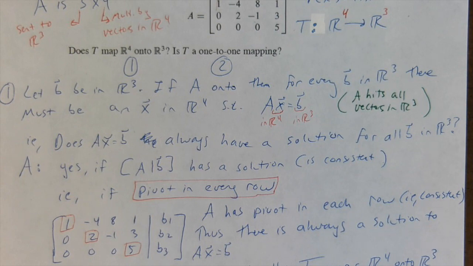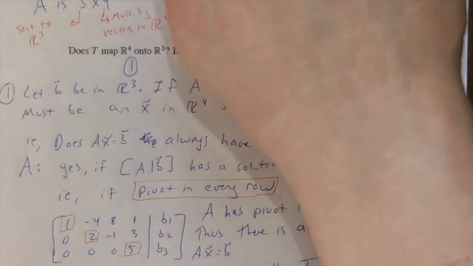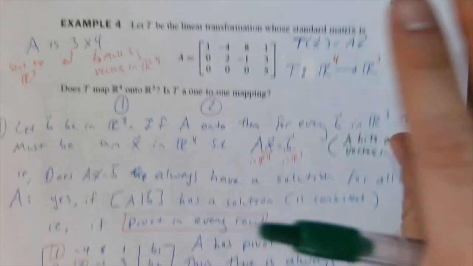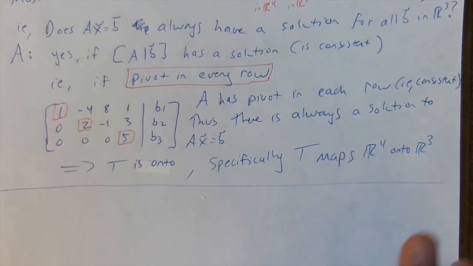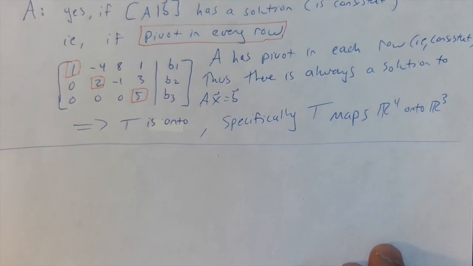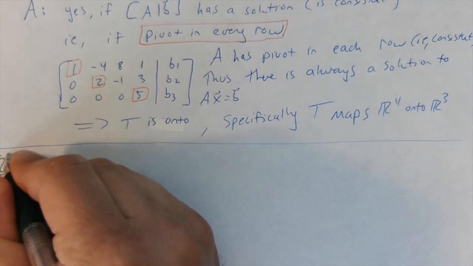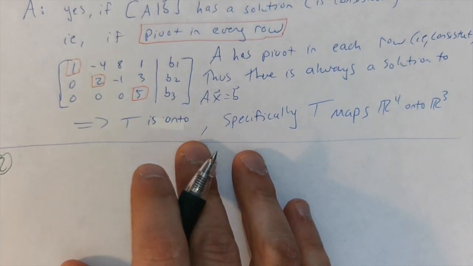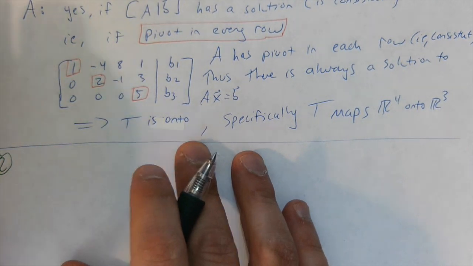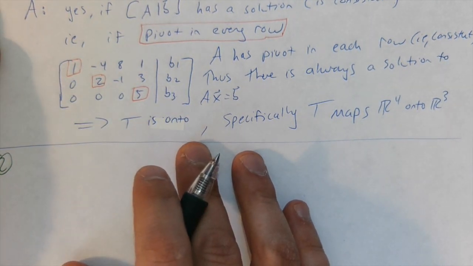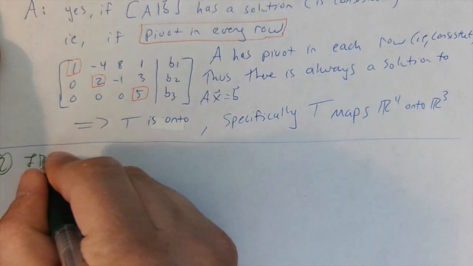Okay. I will then look at 1-to-1. And so 1-to-1 means that every single vector in the domain gets sent to its own vector in the range. And so let's start thinking about what that means and what the answer is here. So question 2, is it 1-to-1? Well, if it is, then there should be a unique solution to Ax = b, right? So if T is 1-to-1,